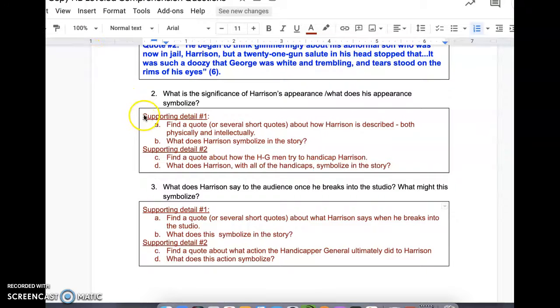Now, if you have at least one of the supporting details, remember the supporting detail includes context, the quote, and the analysis. So if you have at least one, that's going to help you pass the summative, but it's better to have 2 supporting details.